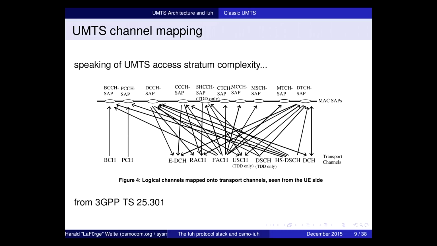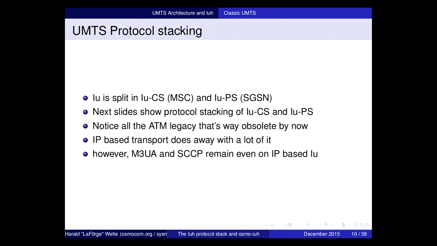This is from the official spec about the UMTS spectrum. It's an extremely obvious and self-explanatory slide, so I leave it at this and say, yeah, that's not what we want to do. So even though we don't like it, we just use proprietary blobs to implement that. Now, the protocol stacking on those interfaces that we actually want to implement is what I'm going to look at in the next couple of slides.